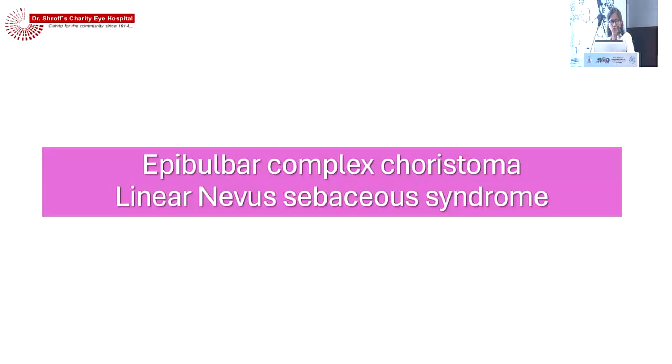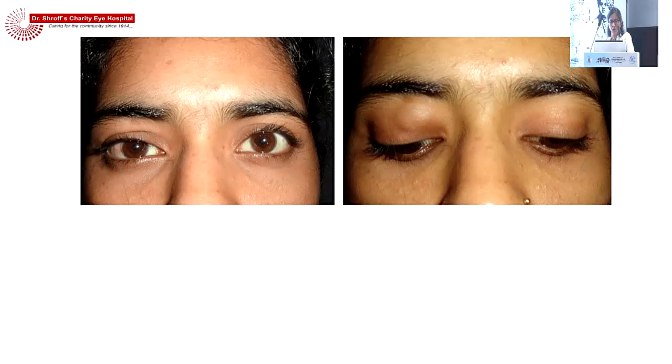So nevus sebaceous syndrome is one syndromic association which we should look for if your diagnosis is an epibulbar complex choristoma. Now, moving on to the cystic lesion of the conjunctiva, most often the cystic lesions will be acquired following trauma, following surgery,